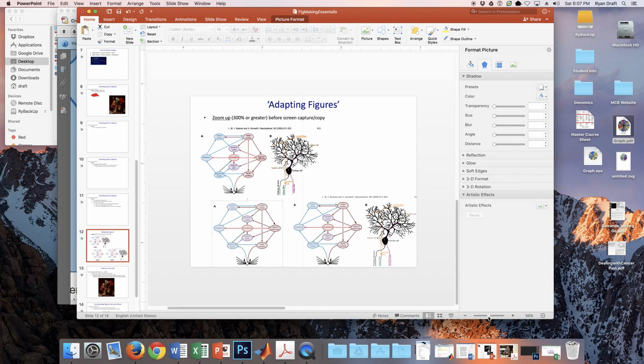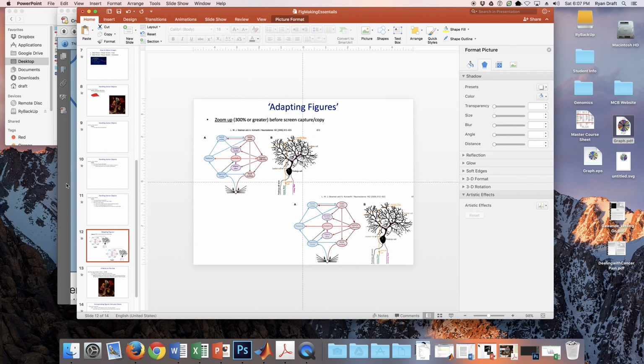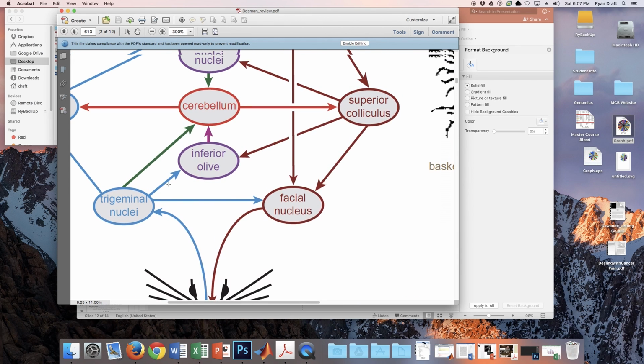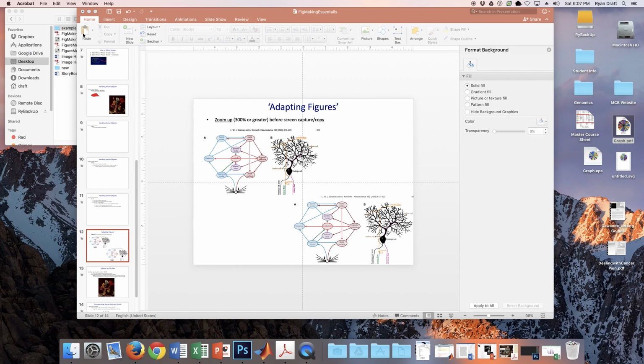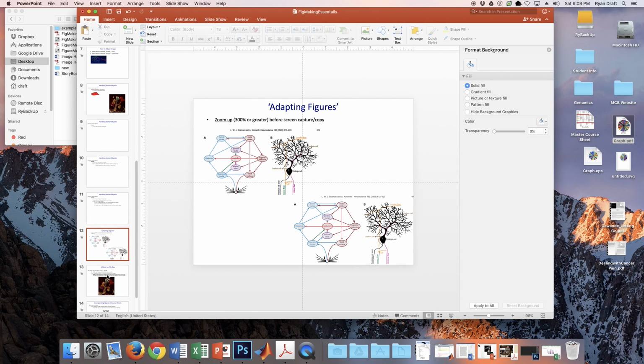You may run into cases where actually the figures in the PowerPoint or in the PDF don't look good at 300%. Then you're kind of stuck. That means that when this PDF was made, they used a low resolution image or rasterized it wrong, and you can't make it better. There's no way to clean it up. You either have to choose a different figure from a different PDF, or if the PDF comes from your lab, you might ask them if they have the original high-resolution figure that it came from. Okay, so that's basically everything I want to talk about for using vector and raster objects in your thesis figures,